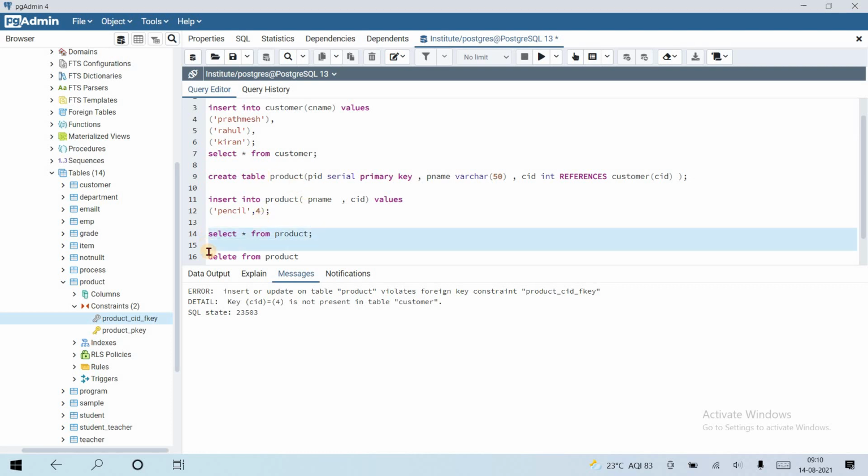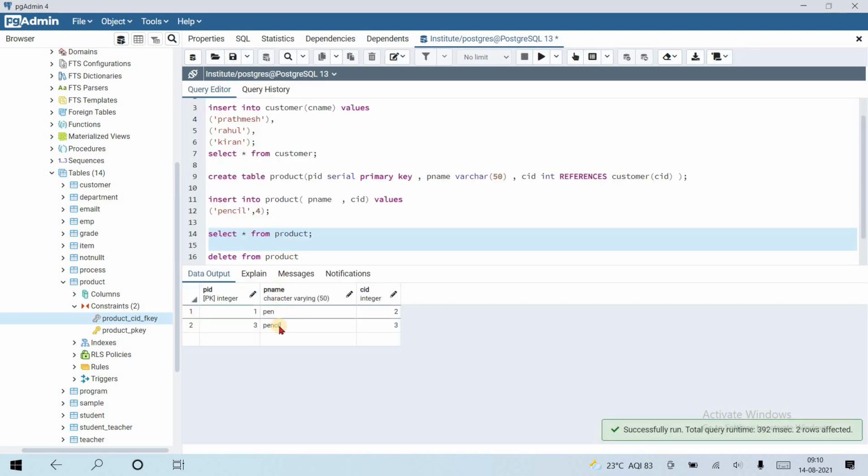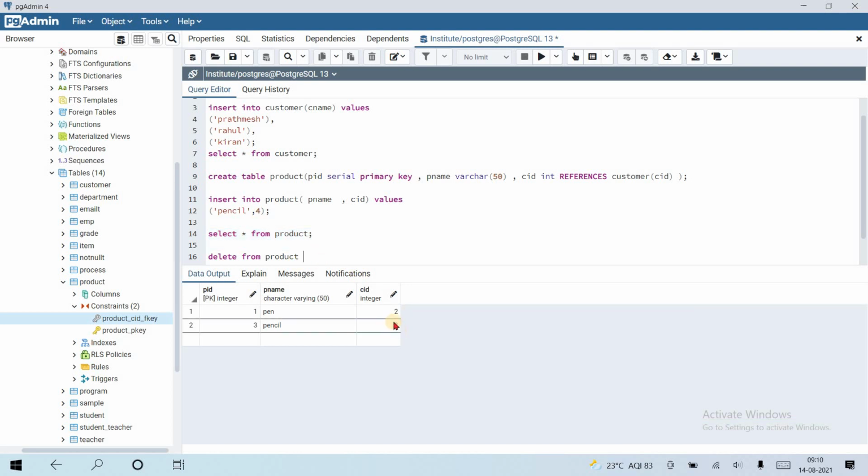Here you can see that inside the product table the CID 2 and 3 were used. Let's delete this customer ID from the customer table. Let's try. Delete from customer where CID equal to 2.